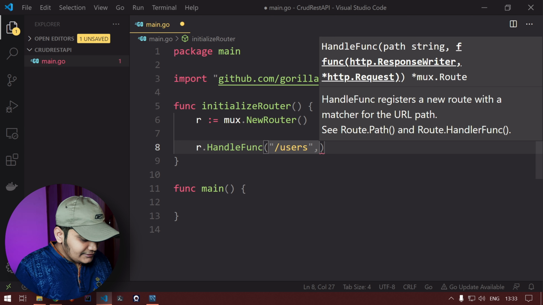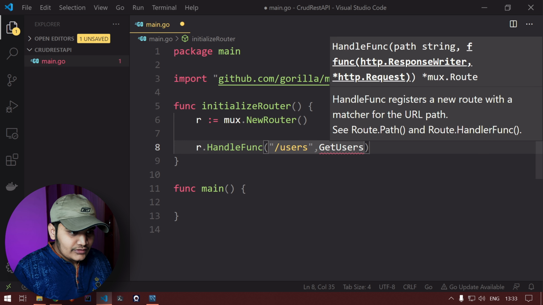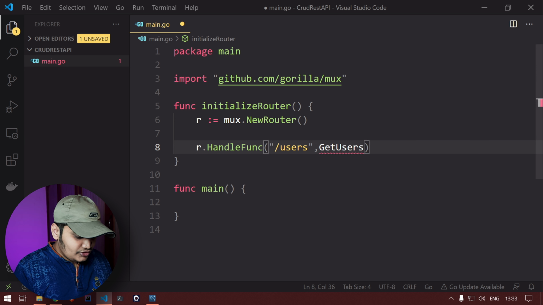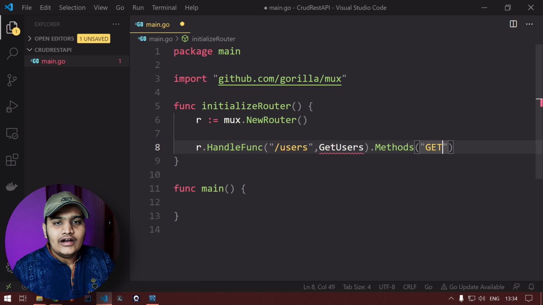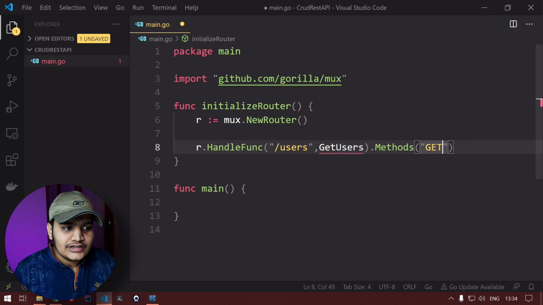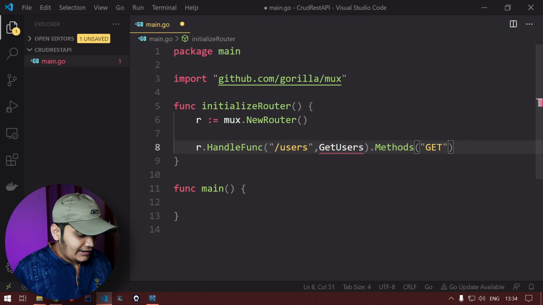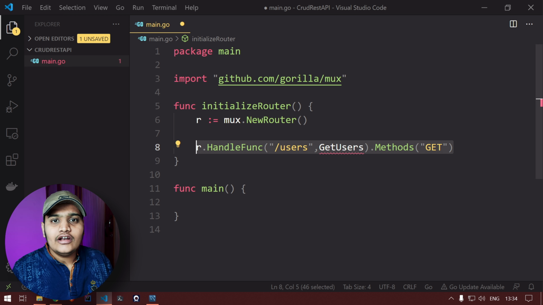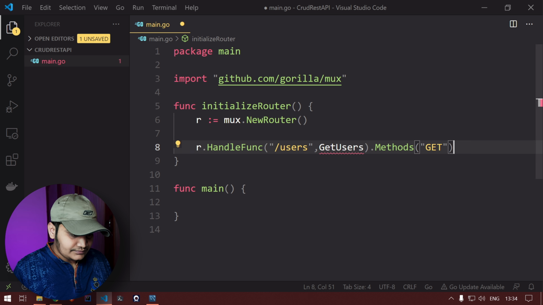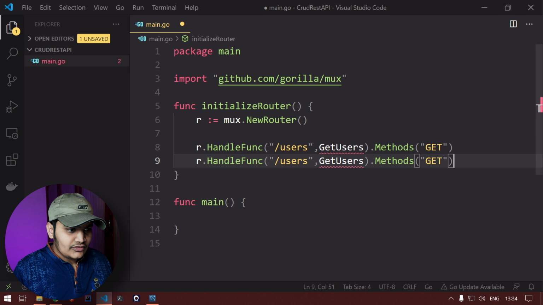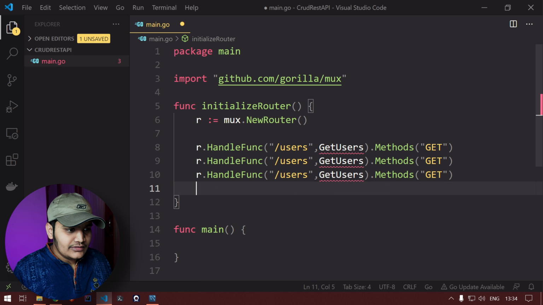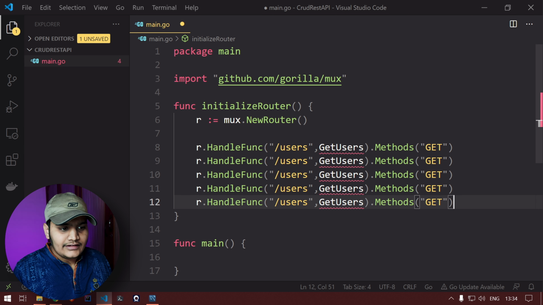So we'll just tell that we want getUsers over here, and this should be the method type. Okay, here we will pass that this should be the GET method. So when we call the GET method on /users, we will get the list of users available. Okay, so this is what we have declared. Now let's go ahead and declare this for all our methods. So we'll create for create user, delete user, update user, and get the single user as well.